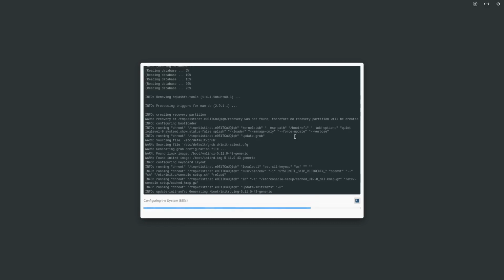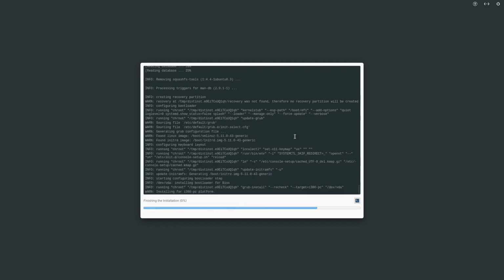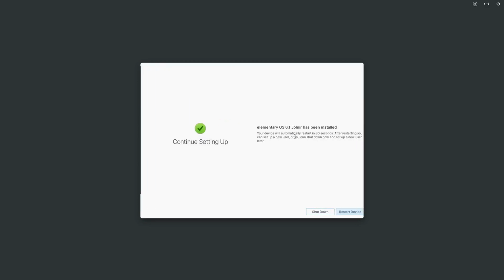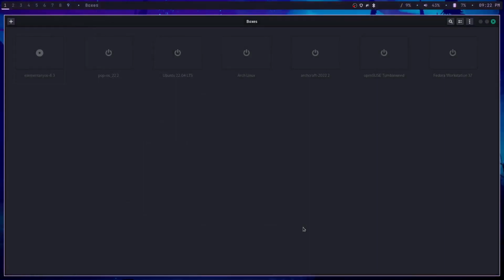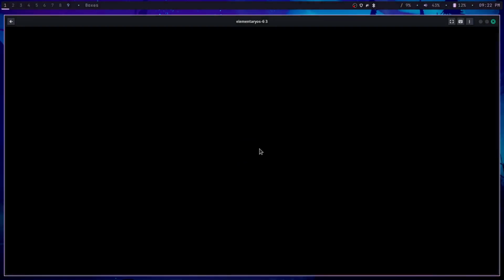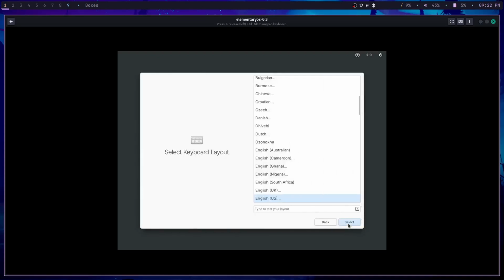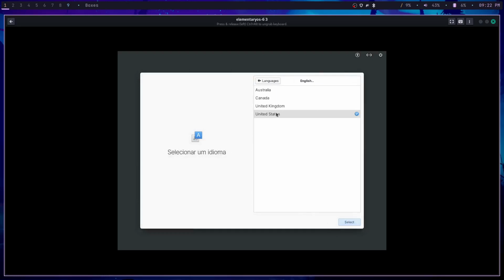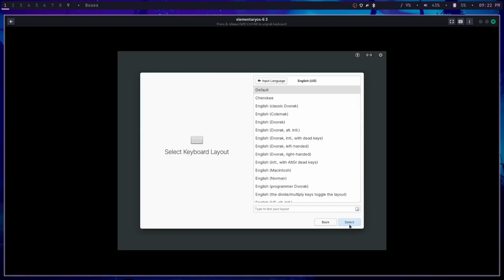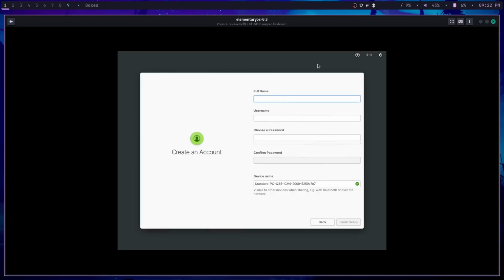So we're gonna just let this go, and it's done. I'm gonna click restart device, and let's boot in. Also, sorry if I sound a bit weird. I still have stuff in my throat, but yeah, once you boot back up, you're gonna get this thing again. It could be live mode, it could not, it just depends if it's successfully ejected.